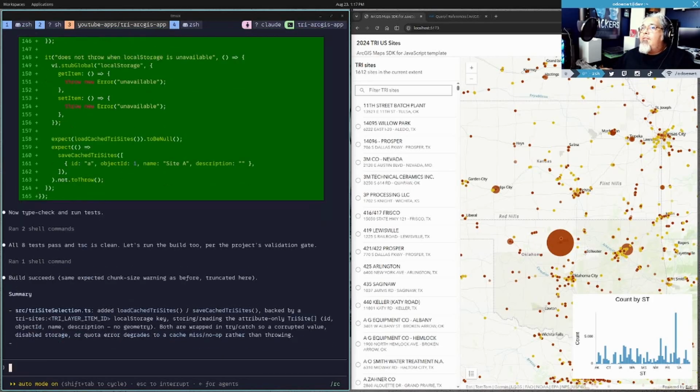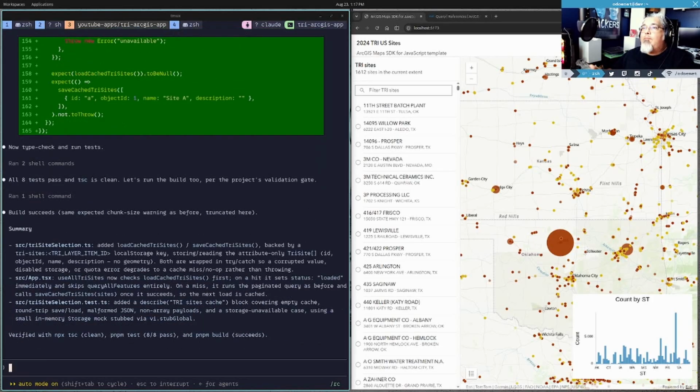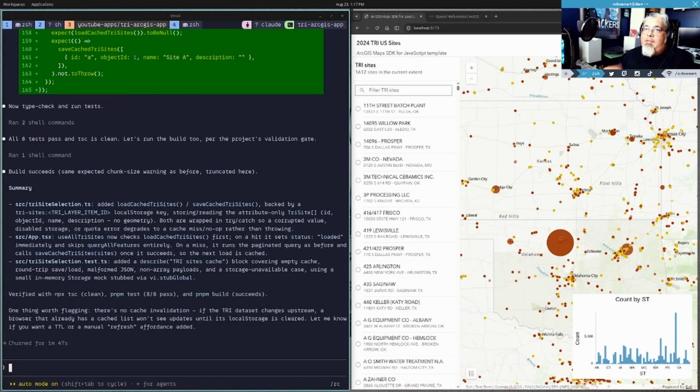Tell it, hey, for all new features you add, make sure you add a test to back it up, and it'll kind of take care of that for you. So, okay, let's see what it does here. So, added load cache, try sites, save, try sites, back. Okay, all right,